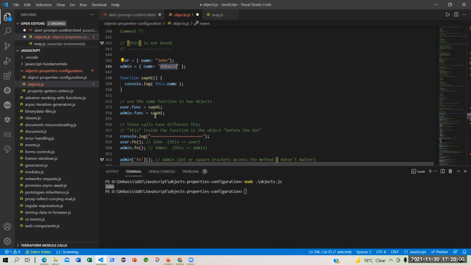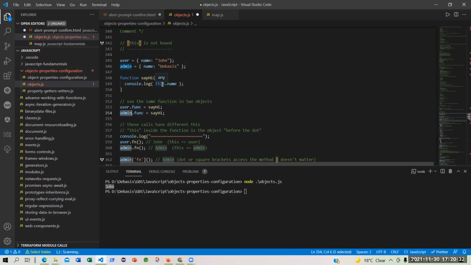But when I'm assigning sayHi to admin.func, any name, what will it print? It will print your name, sir, Debashish, because admin is before the dot. Whatever object you have, it will call that function only.